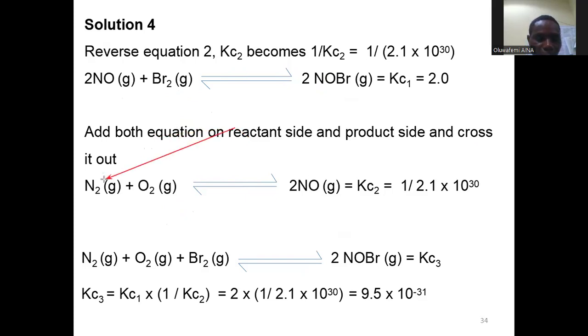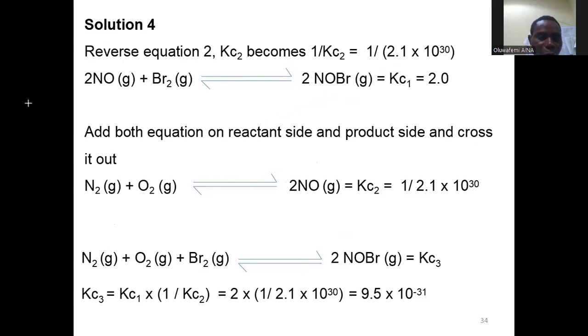This one. Sorry, this one, N2 plus O2 giving you 2NO. Okay, so your equation is now 1 over KC2, right? Now that you have done that, you can now